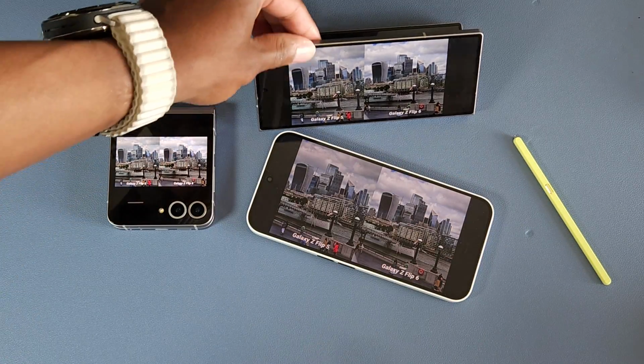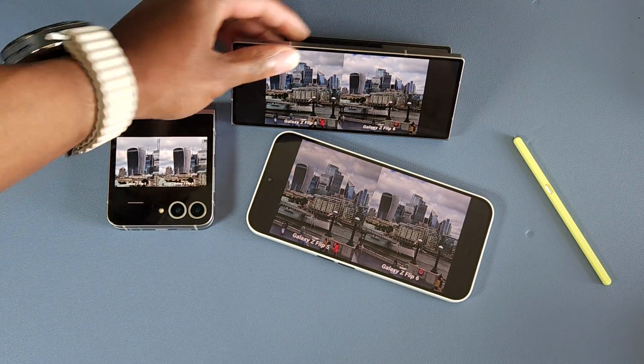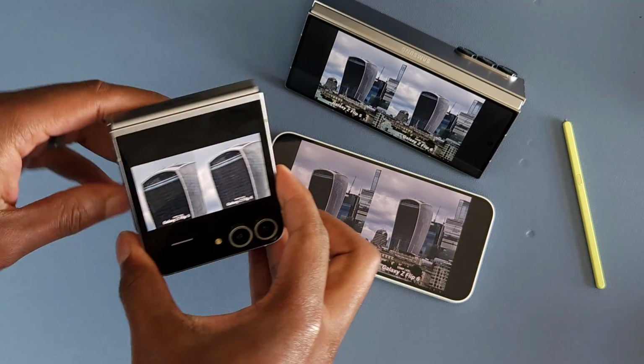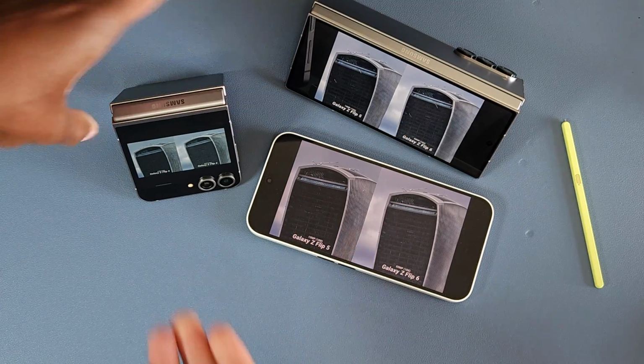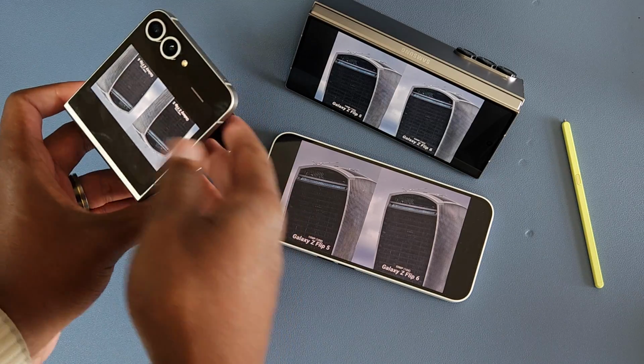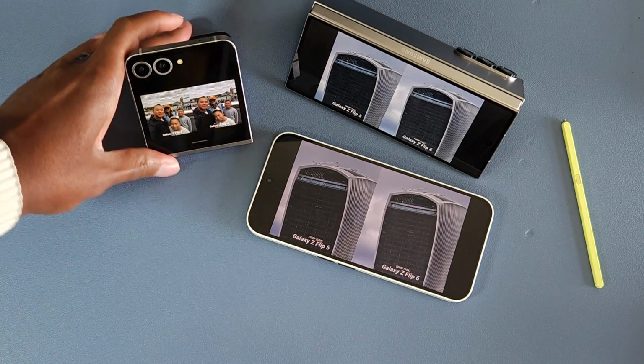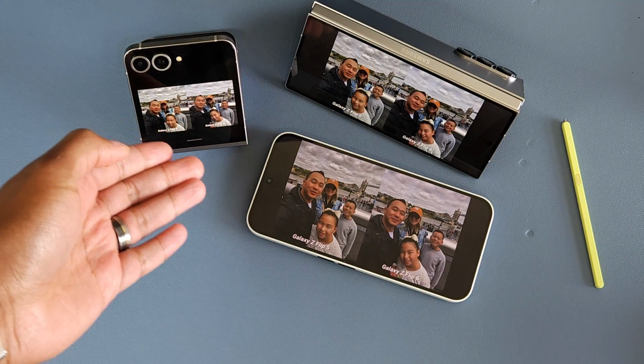But the Fold just has a built-in hinge, and you can just use it like that. It's pretty sick. You can do even Tent Mode like that. The Flip, you can do similar things. So, boom, now it's propped up. Then you can put it like this, and it will rotate. And again, you can still watch the video while it's propped up like this, and you can walk around and